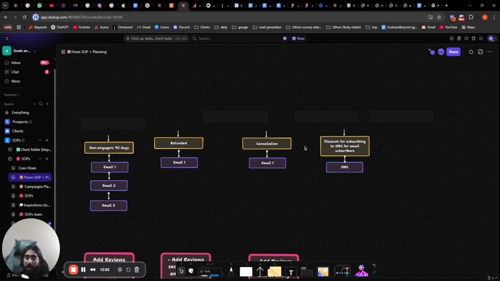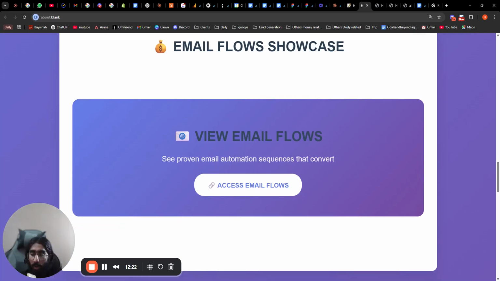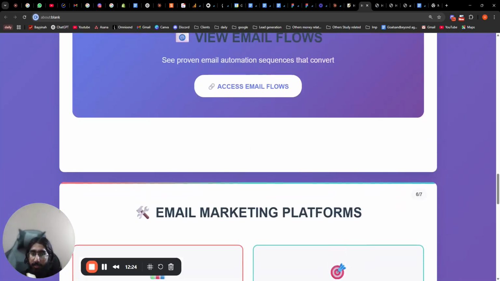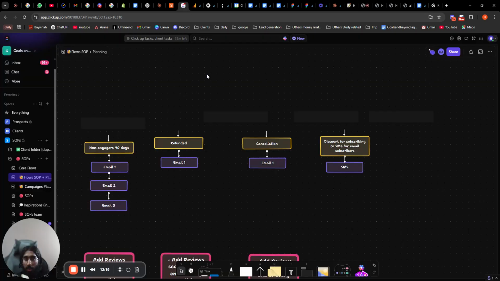And if you have an email sign up pop up, but you don't have the SMS pop up, you can set up an automation where you send an email to your email subscribers saying, please do subscribe to our SMS as well. If you do subscribe, then we will give you an incentive. So this is how all the automations look. These are more than 12 automations here. And I will attach this doc as well